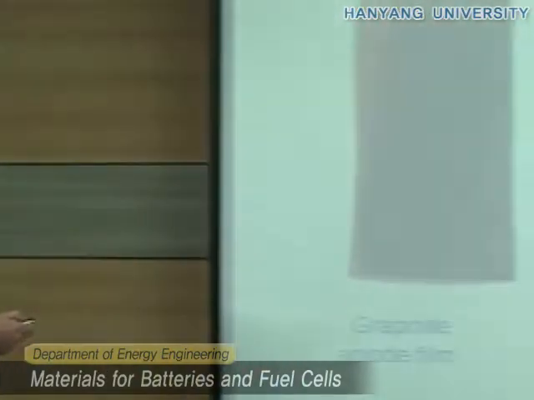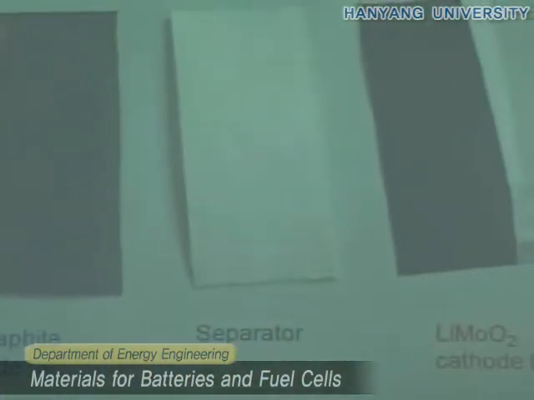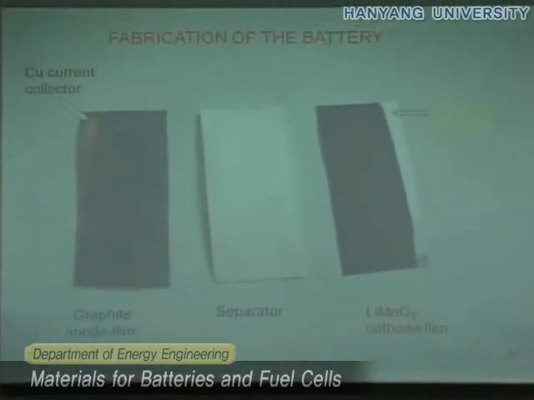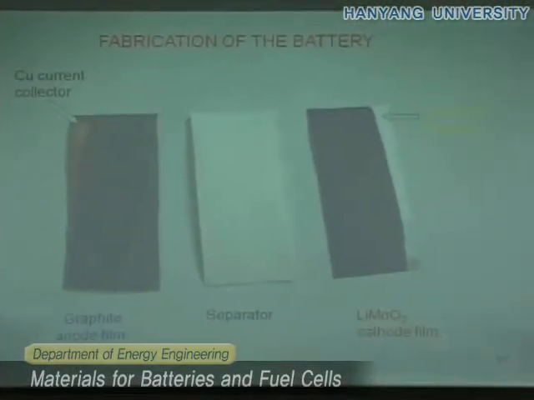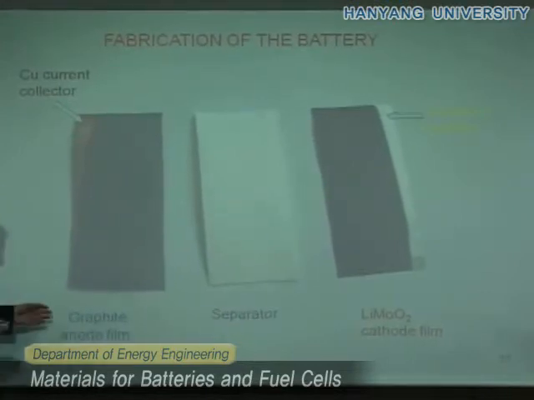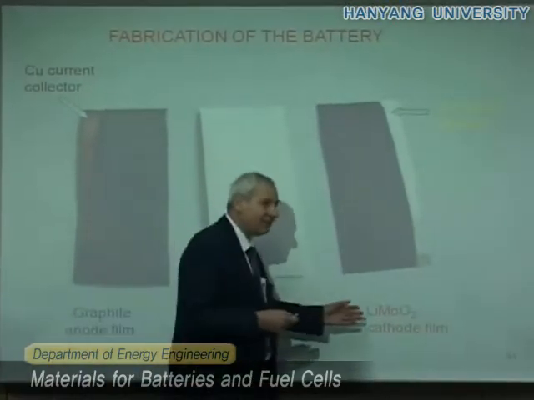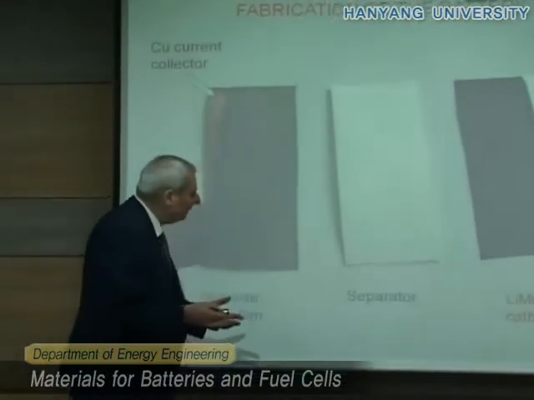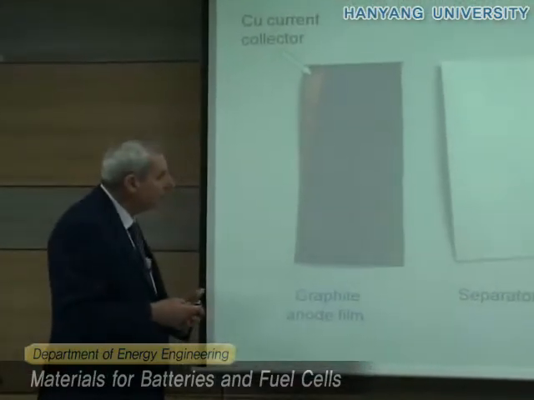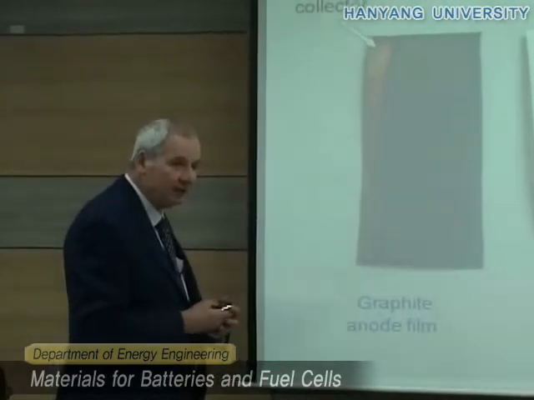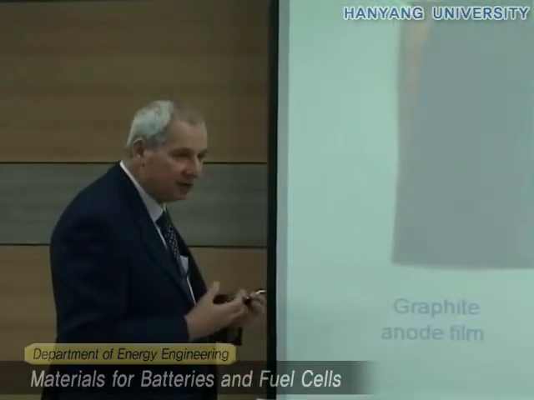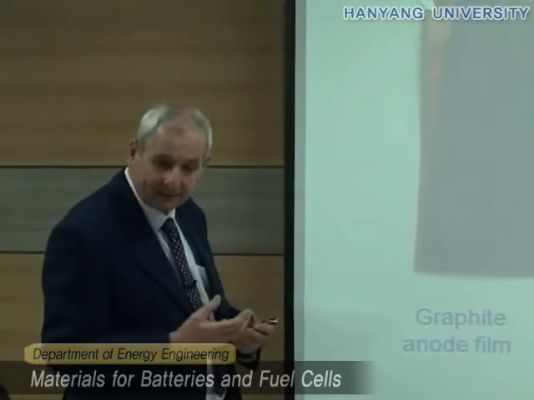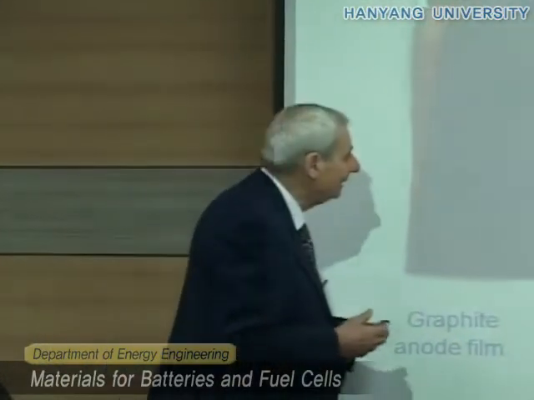Now this is a very rough photograph, but it gives you an idea. How can we make the battery? Well, graphite as well as lithium cobalt oxide are powders, compounds. So to make a battery, we have to, in some way, change this powder into some morphology which is used for the battery. So what we do, we take